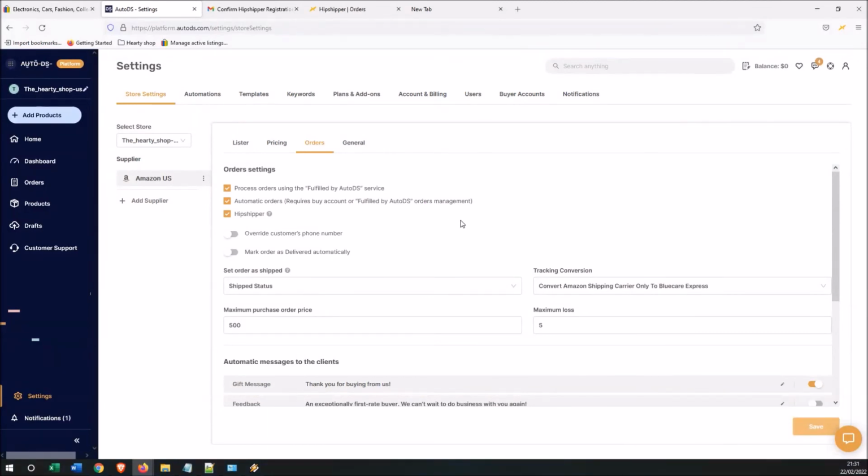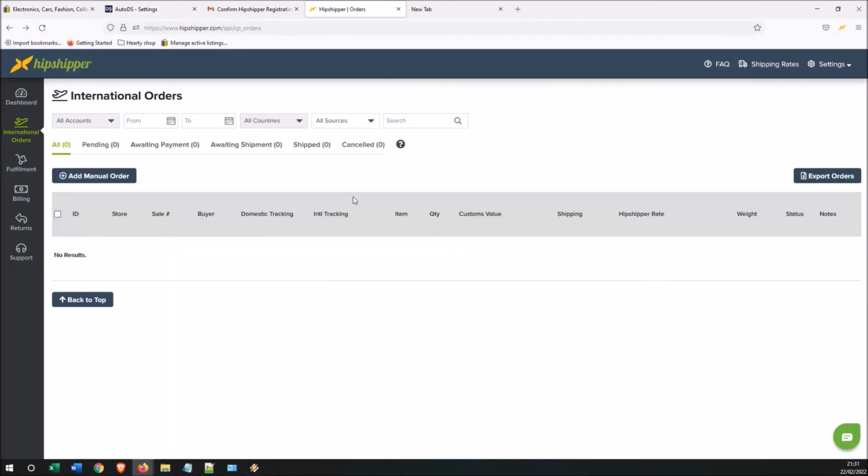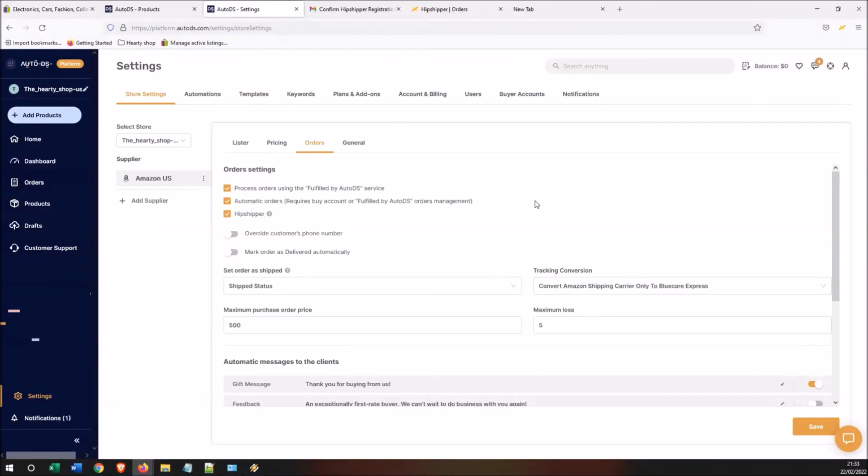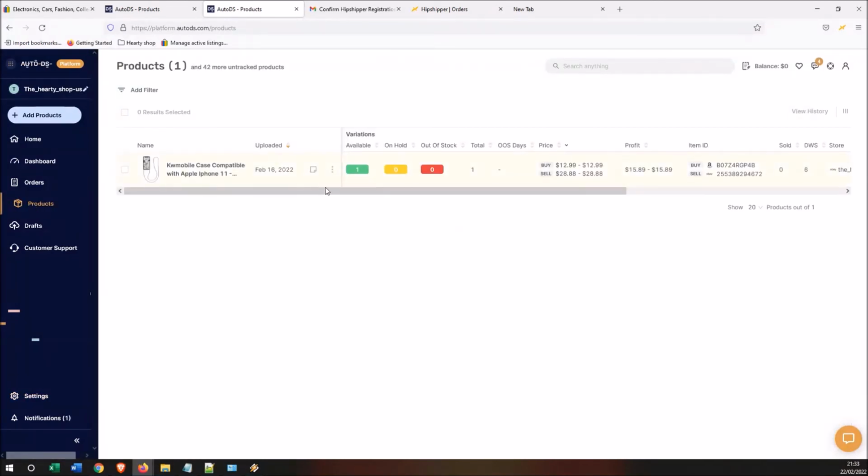Once a new international order is placed on your eBay account, the order will also be created automatically on your Hipshipper account, which you can see in the International Orders page. Once done, and Hipshipper is finished scanning your listings and modifying them, you'll actually see that the listing has the option to ship abroad. If we go and look for it